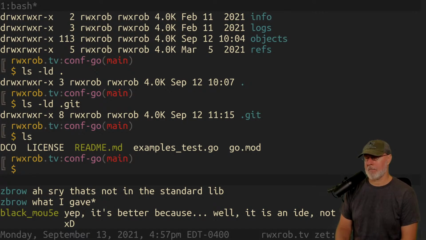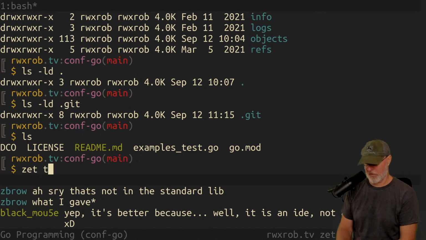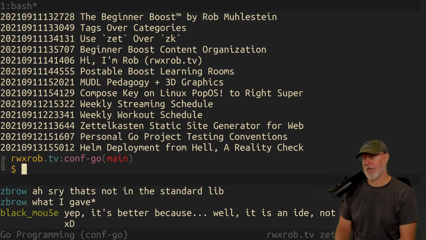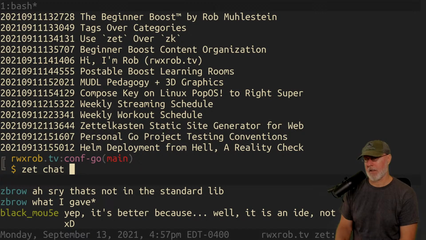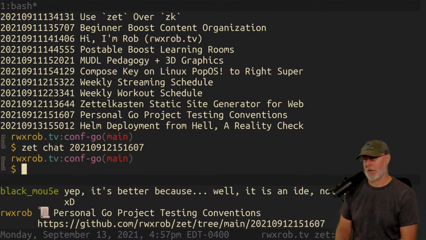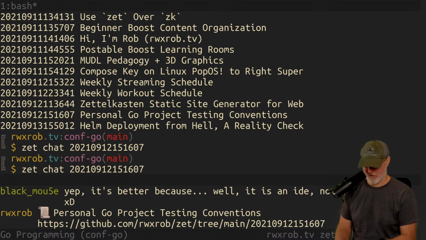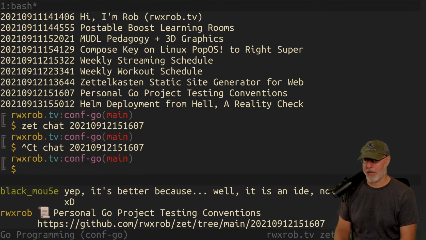Anyway, I started by creating a boilerplate for this. I actually wrote about why I chose this form of organization in my Zettelkasten. If you want to go look, it's Zet chat, personal Go testing conventions. So there's my testing conventions write-up. I don't have my file outline here, but I could probably write that up sometime. If I might have it someplace. But it's my Zettelkasten. If you don't know about it, go follow that.